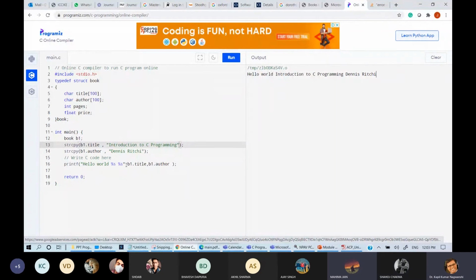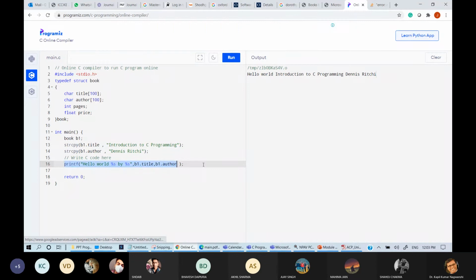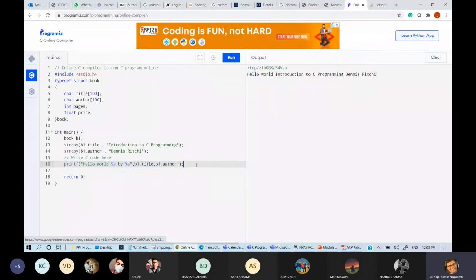So hello world percent s by percent s. So this time, but the allocation is of how many bytes? Anyone tell me what is the size of B1? Anyone?